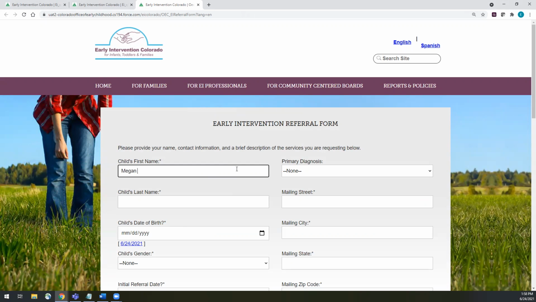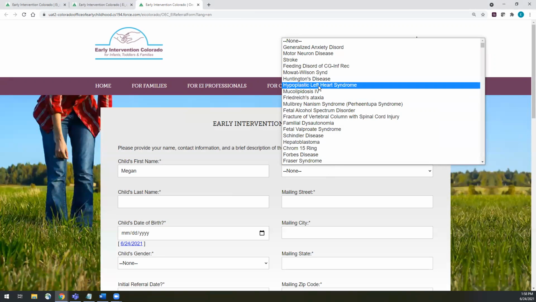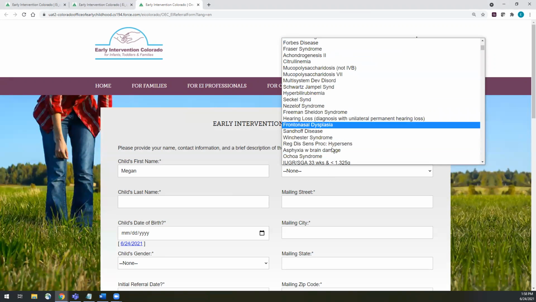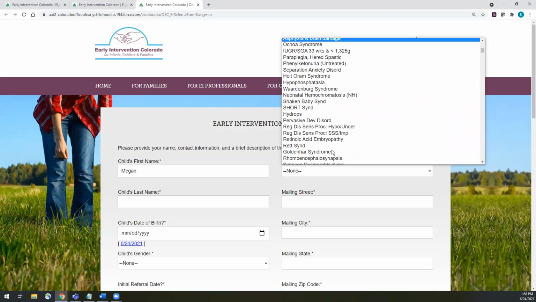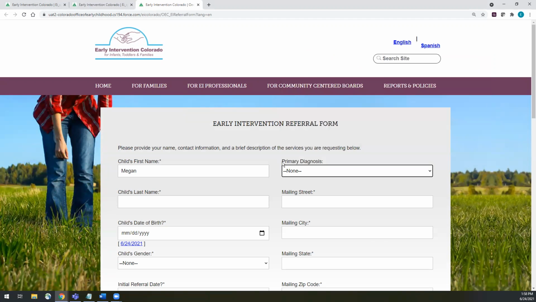We're going to name this child Megan. It's going to ask if she has a medical diagnosis. This is the same diagnosis list that exists in Salesforce currently. So the user can select a diagnosis or leave it as none. It's going to ask for the child's last name, and Megan's last name will be Smith, her street address, her date of birth,